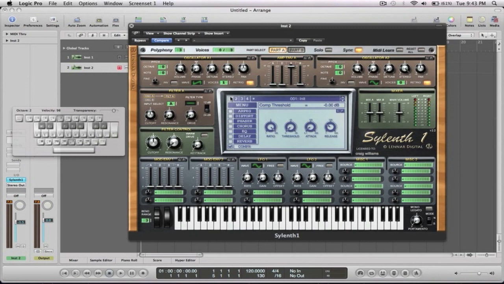In this video I'm going to talk more about Sylenth. In the last video we talked a bit about the oscillators and the voices. In this one we're going to cover the envelopes and the filter sections. Before I get too in depth on what's going on with the filters and envelopes, I thought